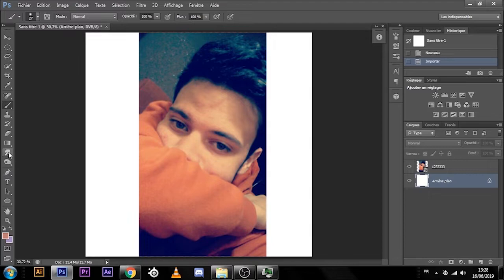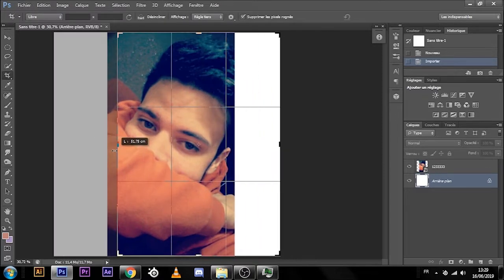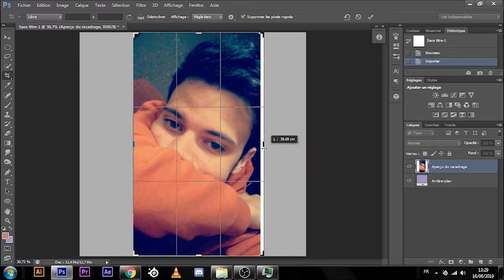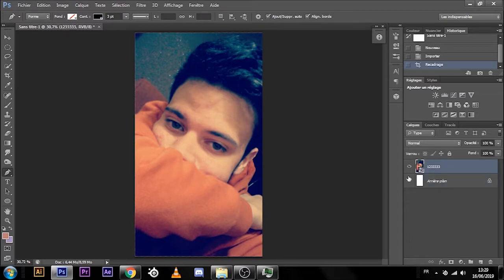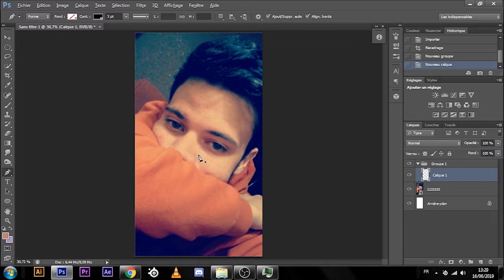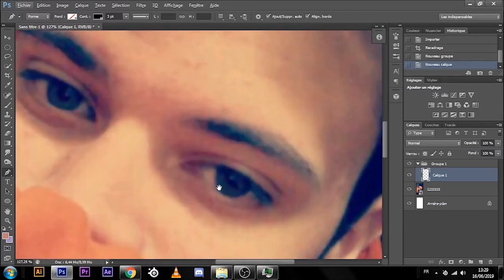One thing you can do is also you can just crop with the crop tool. You have it on the bar on the left. You can crop your actual background and your image to the size you want. So yeah, that's not really important. Next thing you want to do is to create a folder and a layer inside the folder to